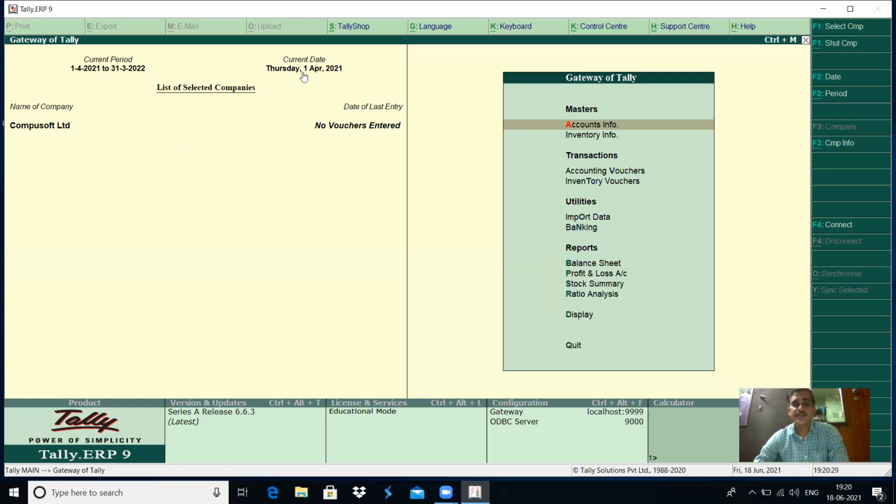To enter the vouchers, first I will tell you how the information is going to be stored in Tally. The major difference between the computerized accounting system and the manual accounting system is that in computerized accounting software such as Tally, the pre-classification technique is used.